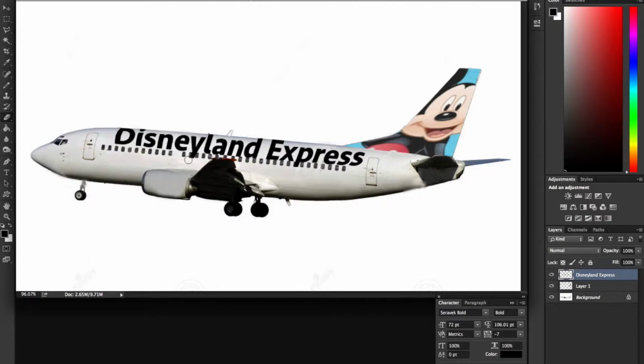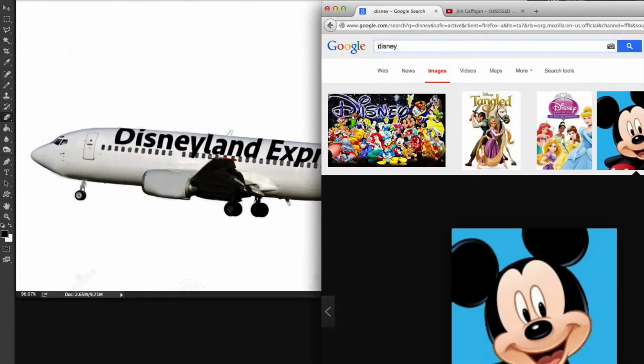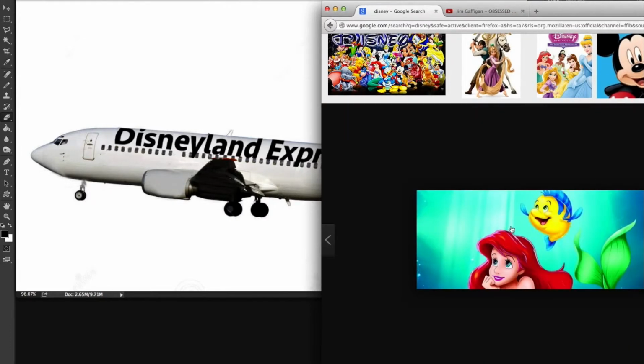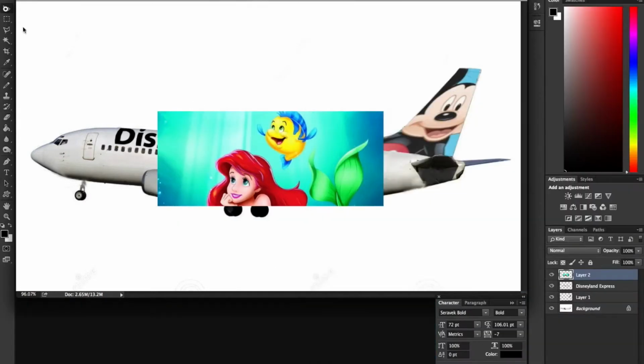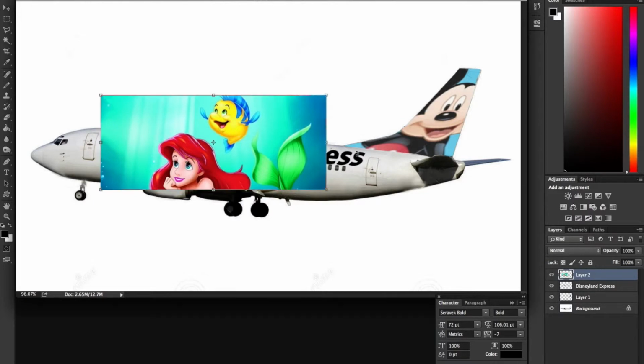Okay, and I can erase the tail if I want, but I don't want to do that. I want to maybe erase a little bit of the window there. All right, and then put something on the bottom and on the front and really decorate this thing up. You know, I could take this picture of Ariel and then Command T